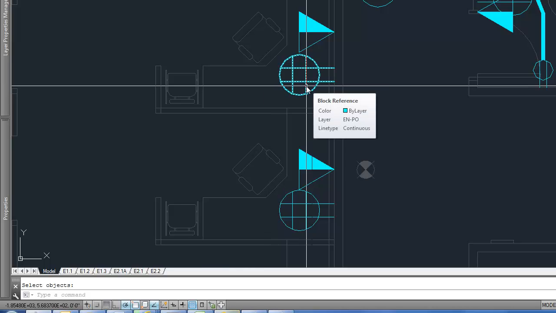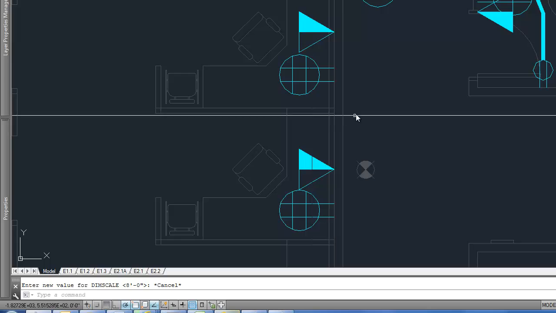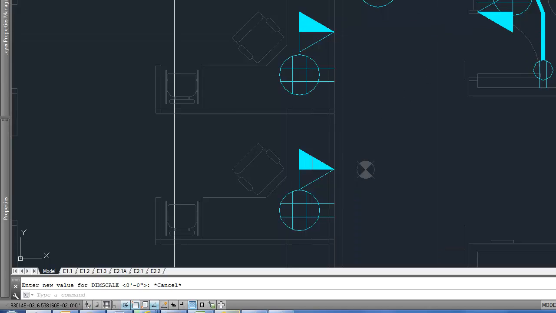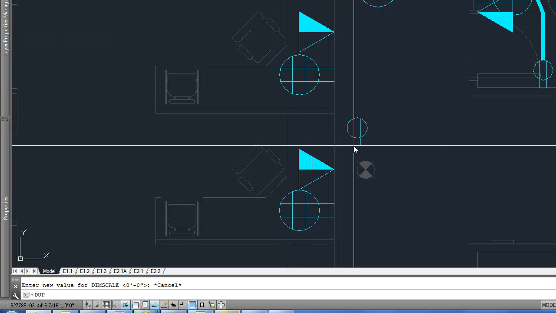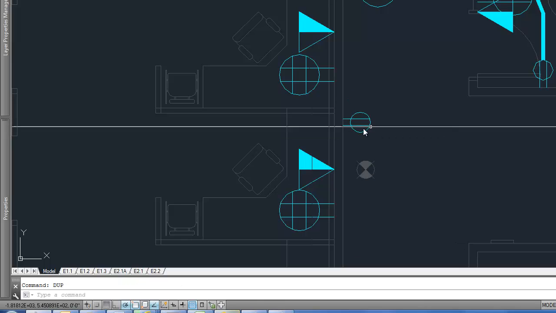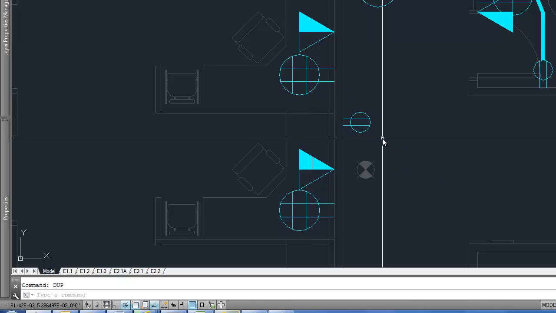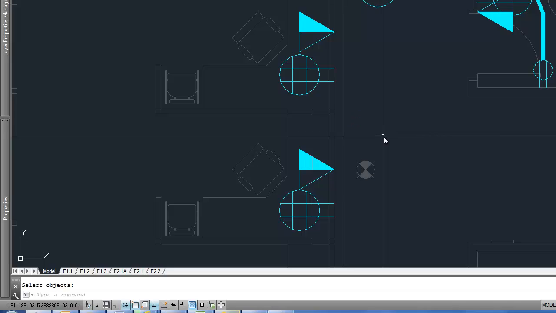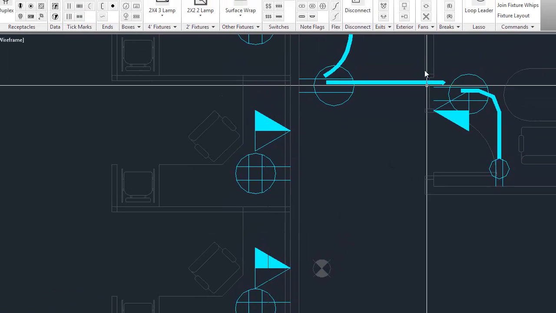So let's check the dim scale, which is how insertions are sized. Right now it's at 8 feet, which is good for a 1/4 scale. So if I insert a duplex, it comes out at a size that we don't want. It's the dim scale that controls that. So you type dimscale and then change it to 4 feet, and then